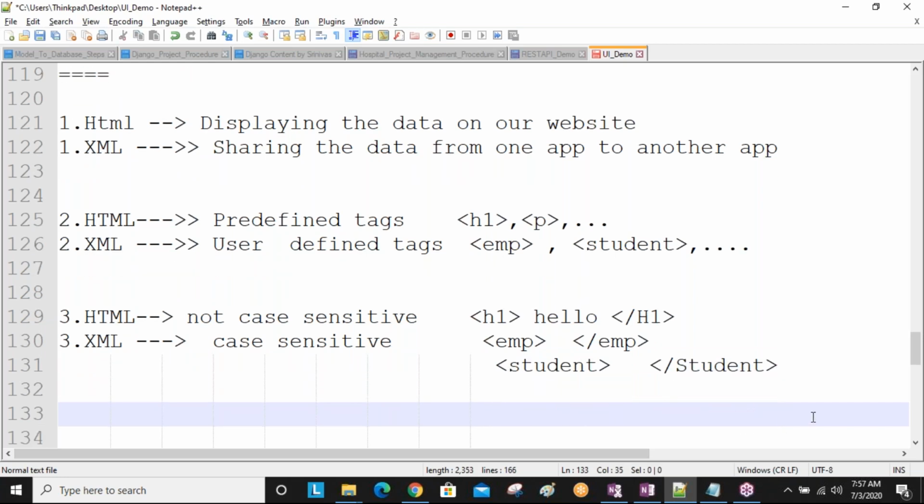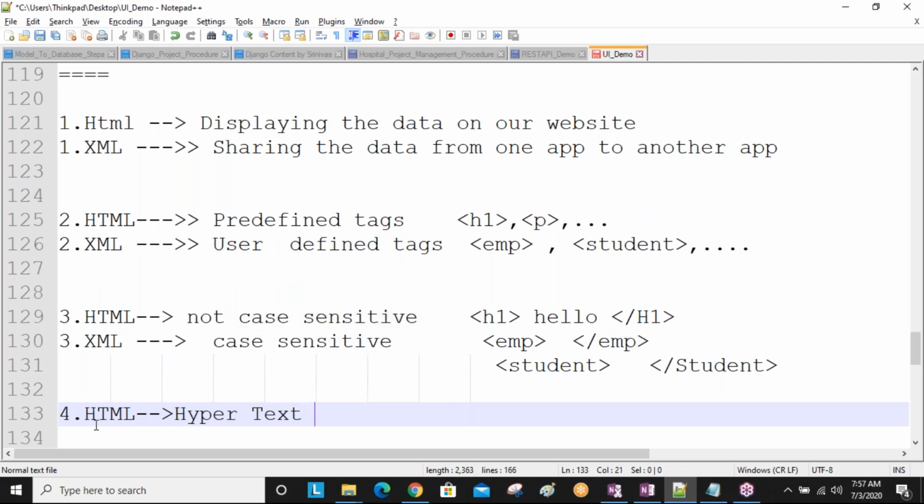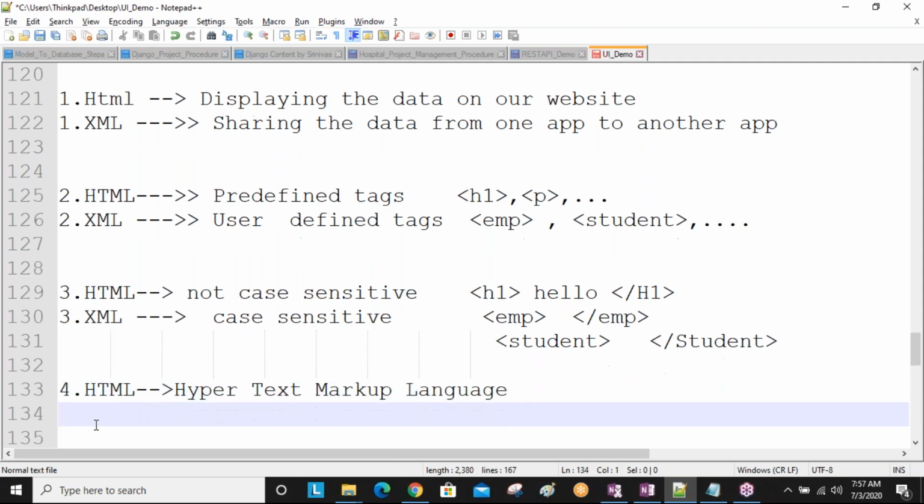Next, fourth point. So this is the displaying, the different tags, case sensitive, and then abbreviations. HTML stands for hypertext markup language.